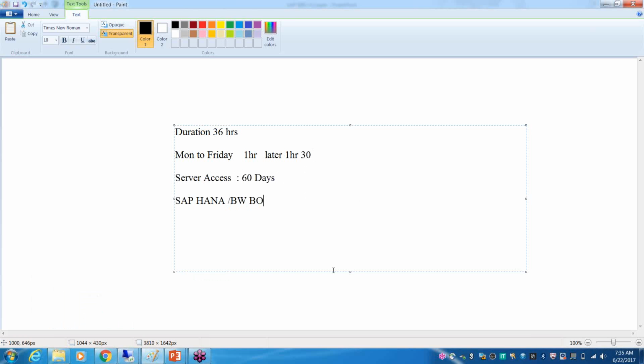SAP Basis is different, and BO administration is different. A Basis person can handle all the SAP module administration, right? But a BO admin can handle only the BO administration activity. Even a Basis person doesn't know about the BO admin activities. Now people have started learning, even Basis people have started learning BO administration, but still in most of the projects, the developers alone handle the